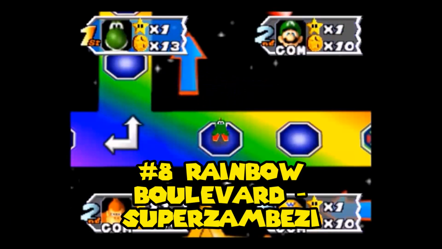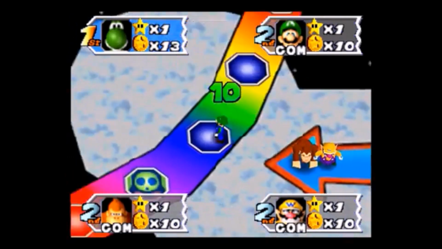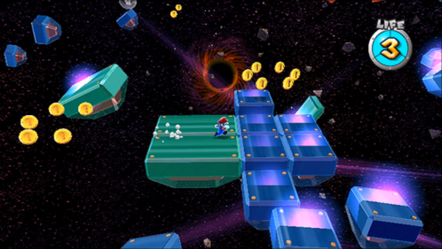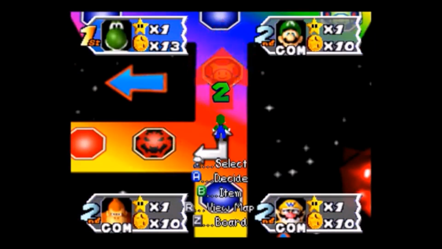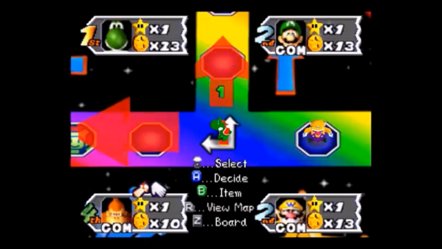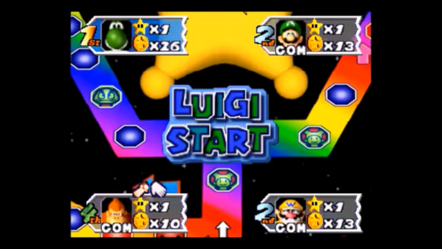Rainbow Boulevard. I can't quite place the theming here, but I'm going to say it's a mix of Rainbow Road and Mario Galaxy, specifically Space Junk Galaxy due to those hexagon things in the background. I like the way this one is designed, with 2 nested loops and multiple junctions to get in and out of them. There are multiple shops here, with one on the inner loop that makes it possible to chain items